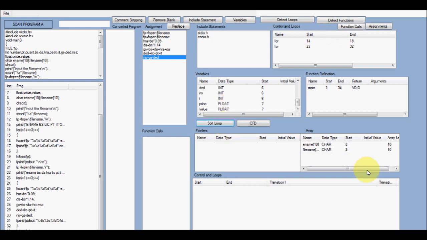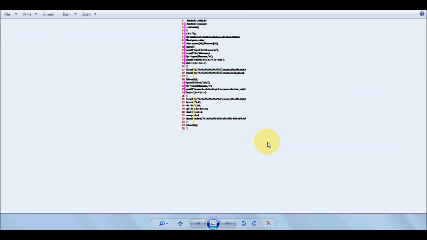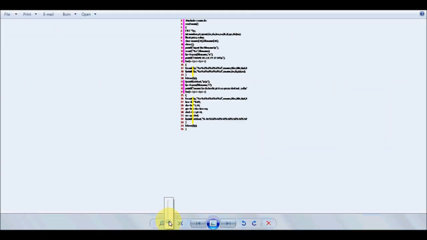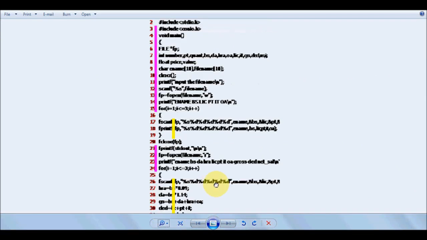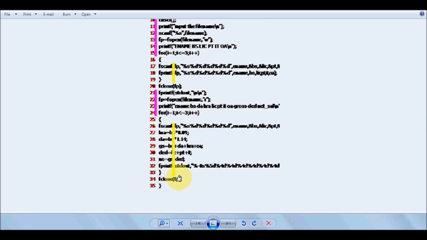Now if we sort the loops, in whichever order they have appeared, they'll come. If I draw the control flow diagram, now what exactly is a control flow diagram? This is a wonderful case of automatic program analysis. It tells where the control is going for the program. You see, up to this part the program executes, then it has got a loop structure. So it starts from this, executes up to this, and then if the loop condition is not satisfied, again it goes and continues this. Then once this is completed, this many statements are executed one after the other. Again it enters into the loop, performs till the